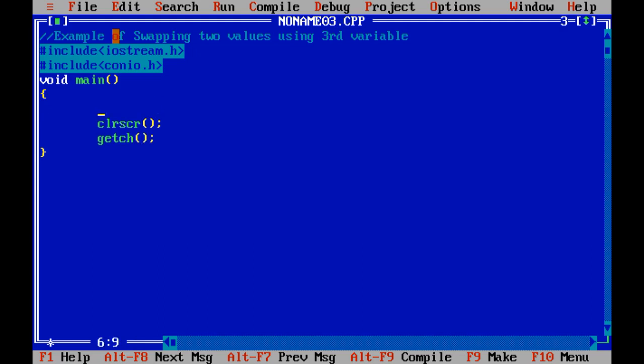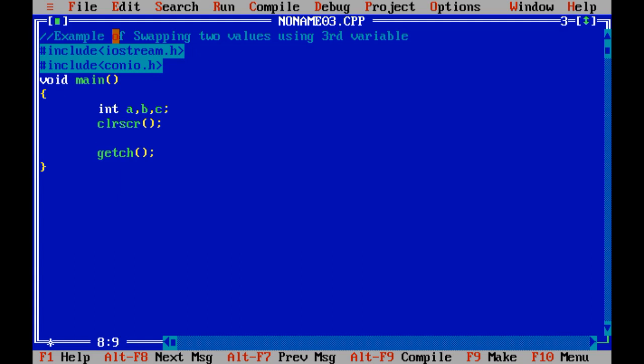Then let me take the integer data type. Here we require 2 values, so I need to declare 2 variables, and using a third variable means I basically require 3 variables. So I have declared a, b, c.